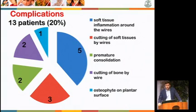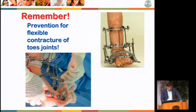In certain patients, we found some complications like soft tissue inflammation around the wires, cutting of soft tissues by wires, premature consolidation, cutting of bone by wire, and osteophytes on the plantar surface in one case. All complications were treated in the next stage of treatment, and the summary is that patients have a good result. And finally, I should repeat that